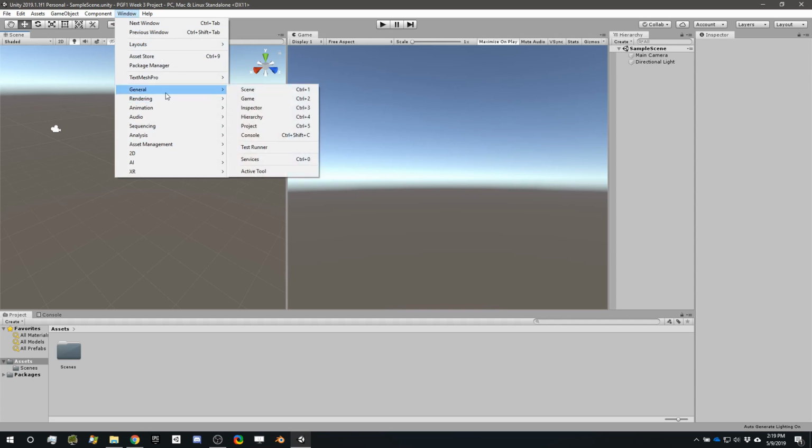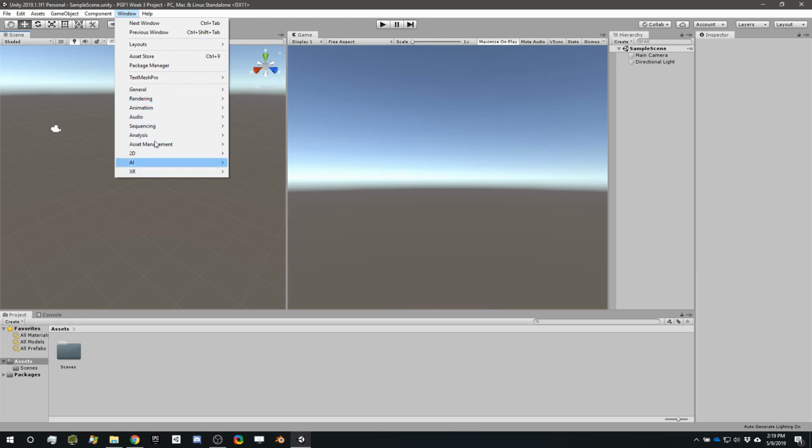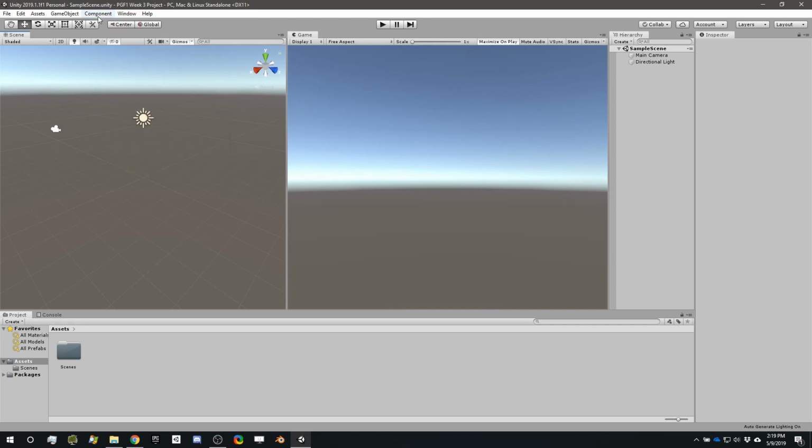And most of them are in general, but then there are other menu items that have other listings. So I encourage you to explore Unity and explore the documentation to find more of this kind of stuff out. So now I'm going to take the project